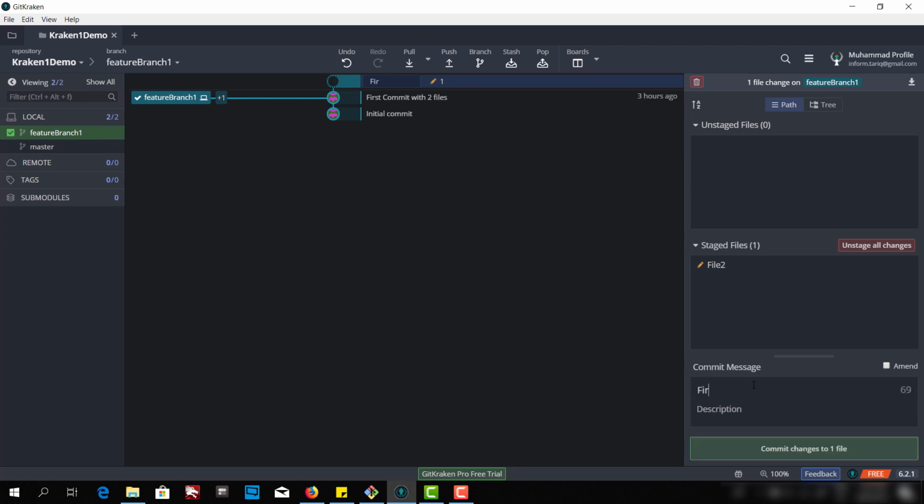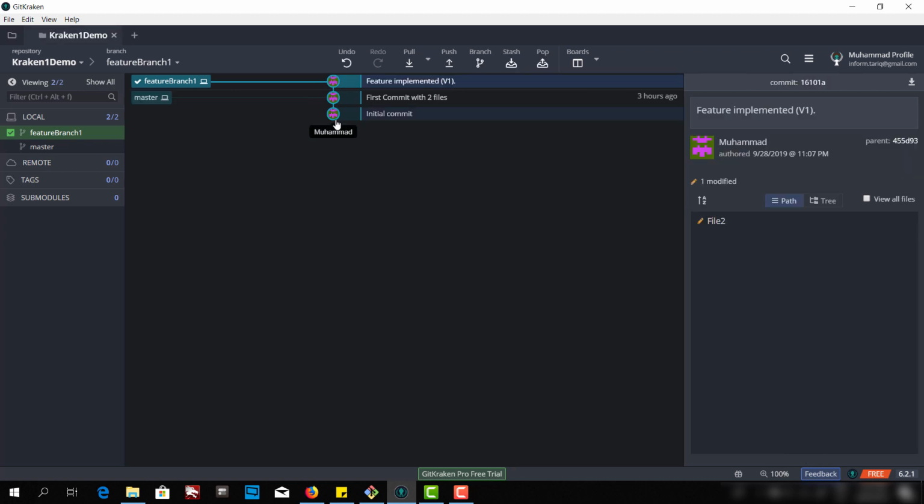So I can say first commit, or I can say feature implemented, and I can say the version of the feature is, let's say, version 1, and I can commit, right? So now this is feature implemented, which is on version 1. And also if I want to add something, I can view all the files,